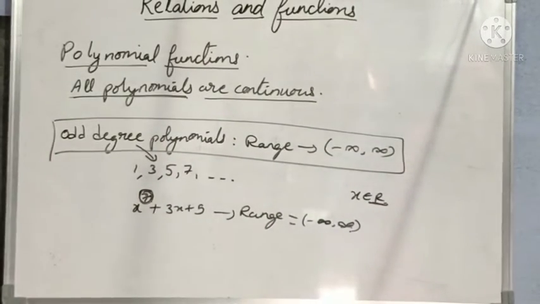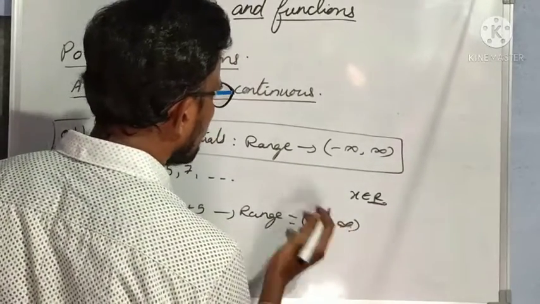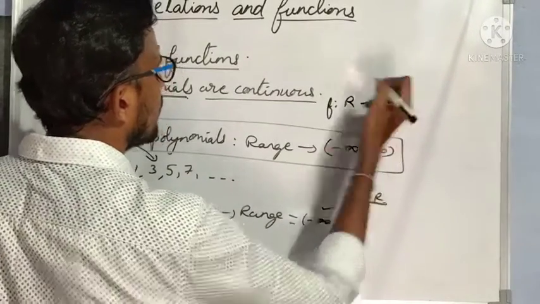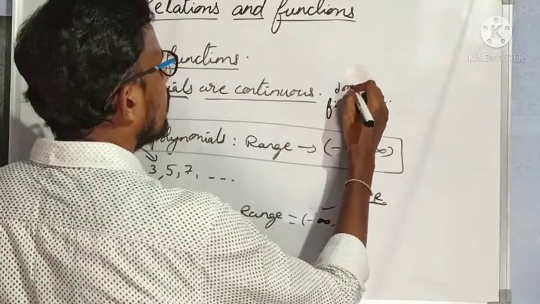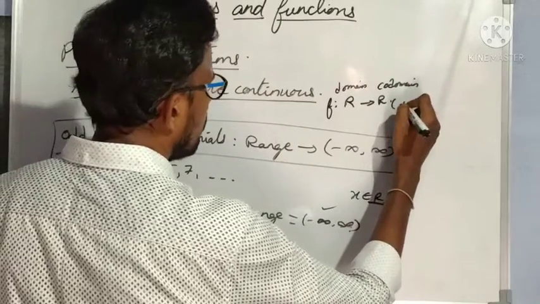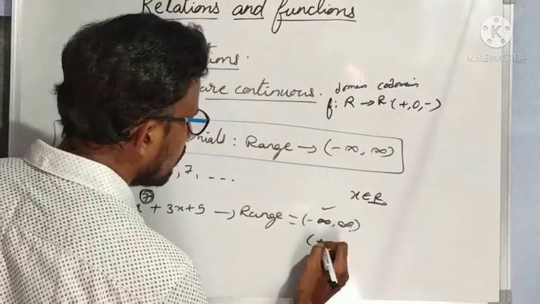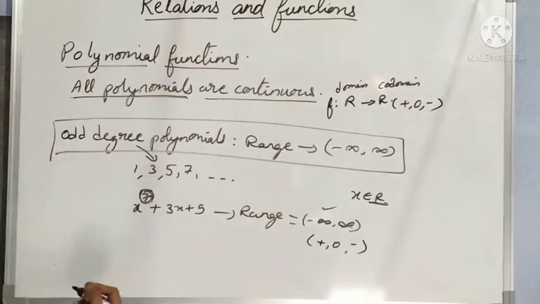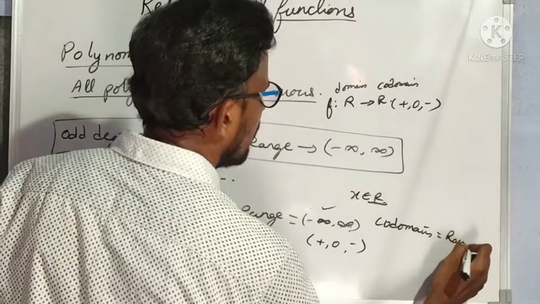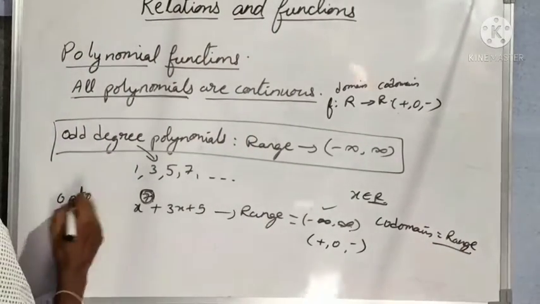Clear? So now, are the codomain and range of this function the same? For suppose this function is also defined from R to R. Okay, so the domain, anyhow we know, is R here and the codomain is also R. So R includes positive values, 0 and negative values. Am I correct? So here the range also includes positive values, 0 and negative values. So here codomain is equal to range. Yes. So if codomain is equal to range, then such a function is called what type of function? Onto function.